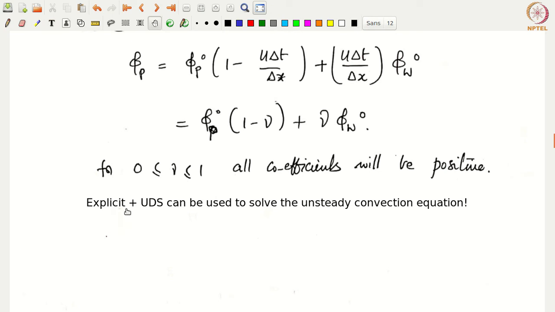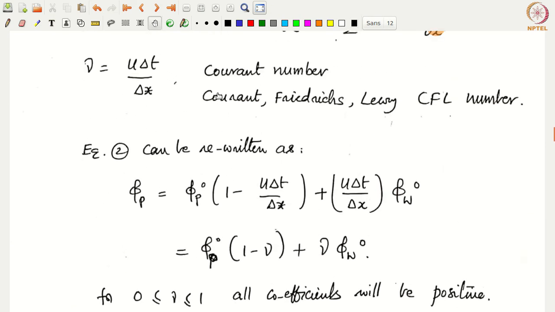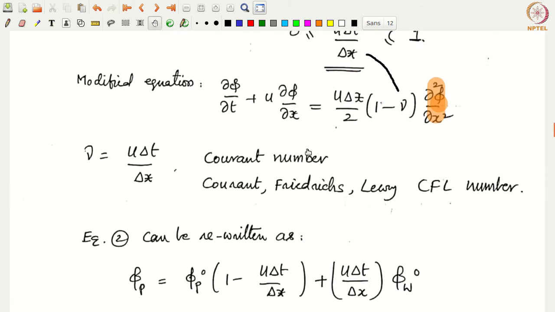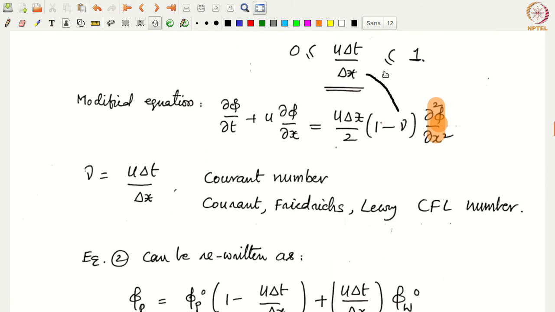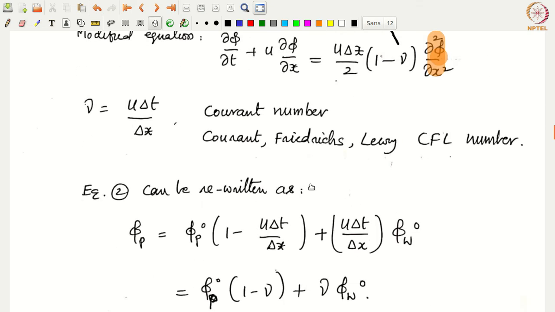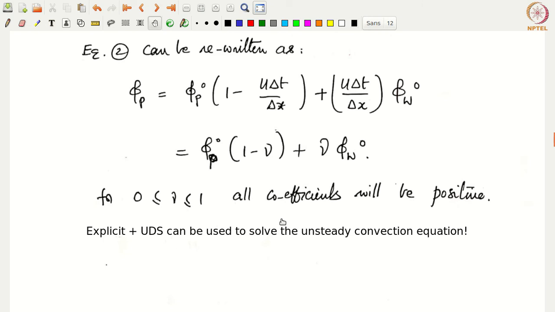All right. Now, do we need to solve a system of linear equations here? No, we don't have to, because this is an explicit method. Everything is known on the right hand side, and it can just be substituted, and we can get the value of phi p at every delta t. The only condition is that your delta t cannot be any random number; rather, it has to satisfy the CFL number criteria, right? So u delta t by delta x has to be between 0 and 1. Okay, so that is the only condition that is put on the method.